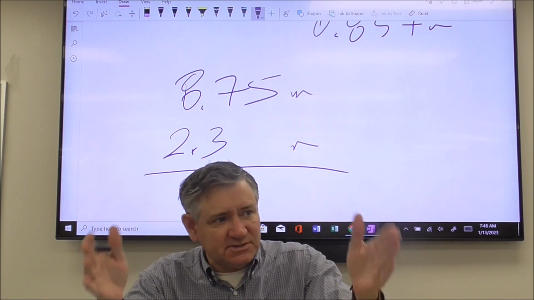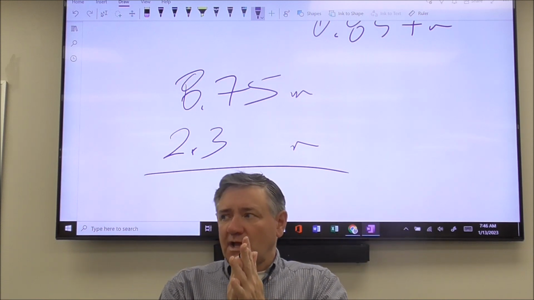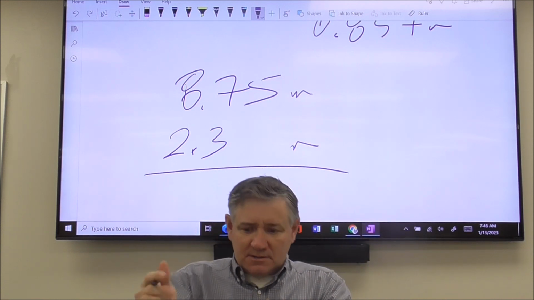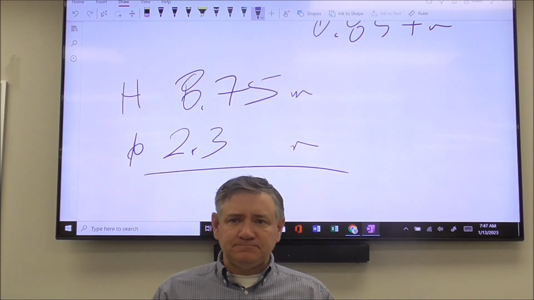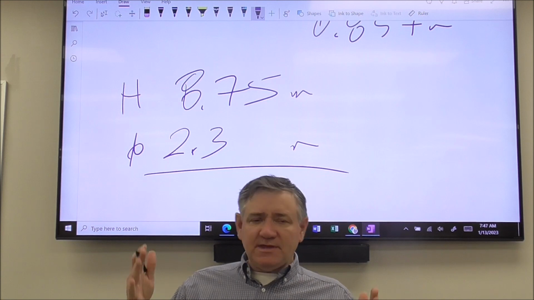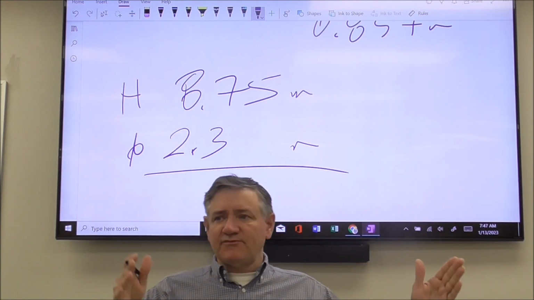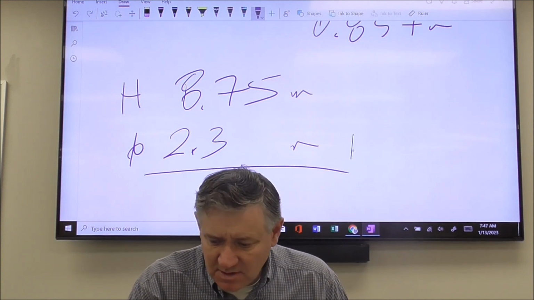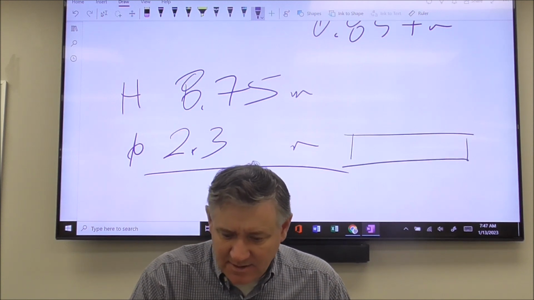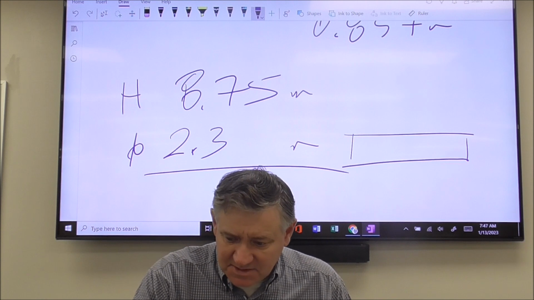Hector and Angel were measuring lengths, okay? And if I see this, so this is Hector's numbers and this is Angel's numbers, okay? So if I see these, I'm going to think these guys were using two different measuring devices. So if I see 2.3 meters, what I'm going to think is that Angel has a meter stick, and it's